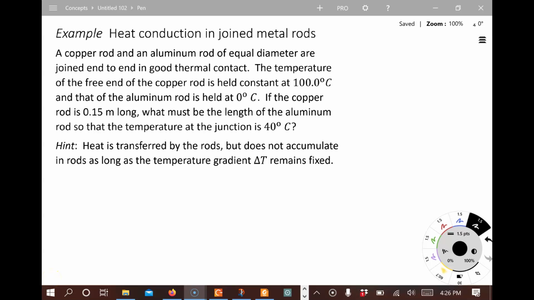Hi, this is an example problem from Chapter 13 on heat conduction. Pause for a moment and read the question. All right, so we've got a situation here where we have heat conduction through a copper and aluminum rod, equal